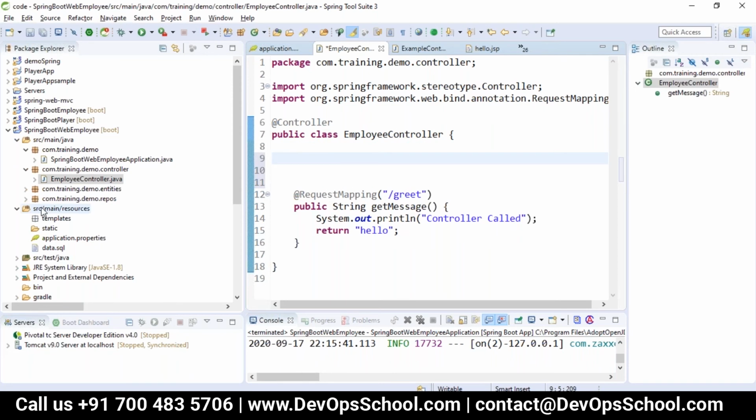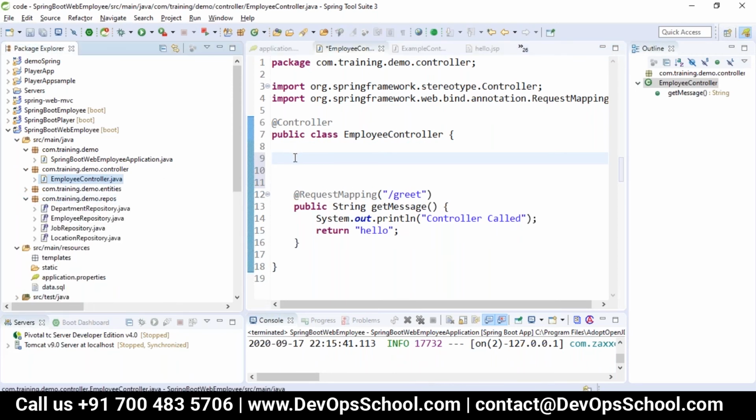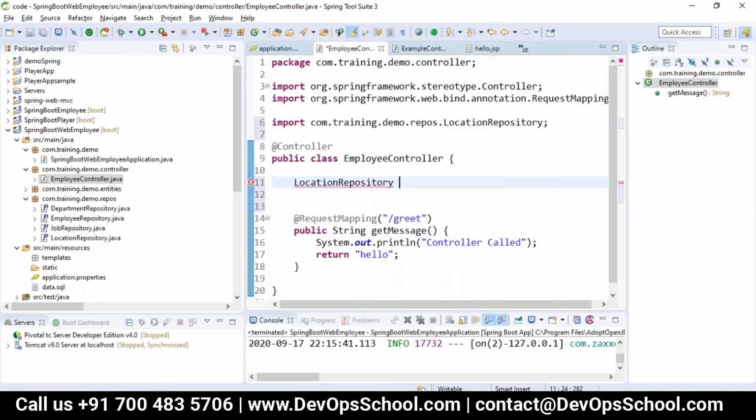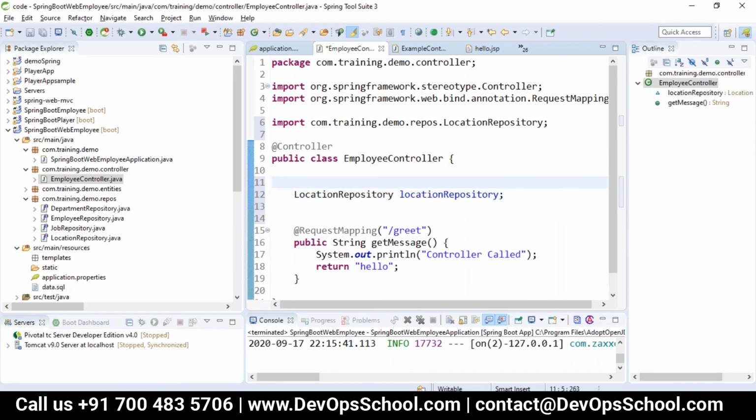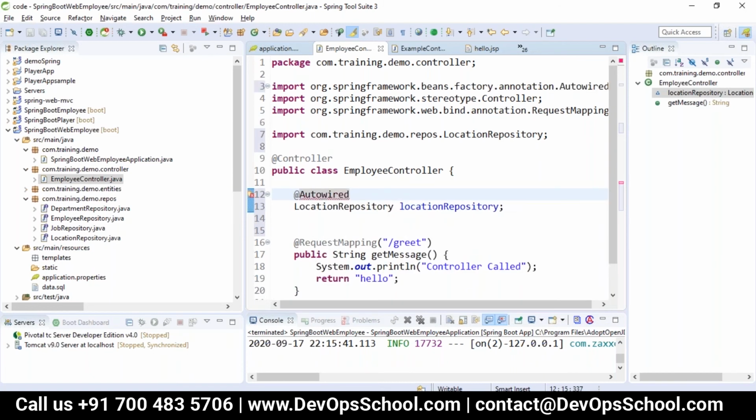I will take the repository we have created, which is LocationRepository. I should create the object, so I should autowire it, or we can do it using a setter or constructor.